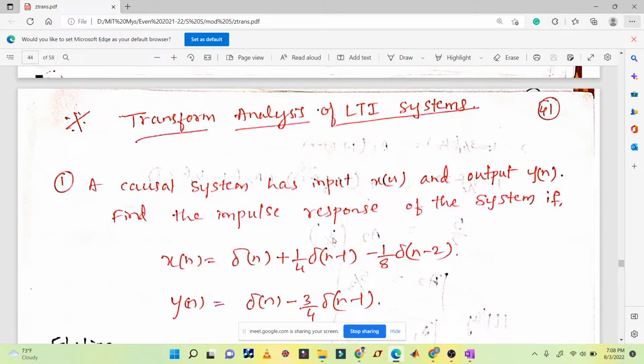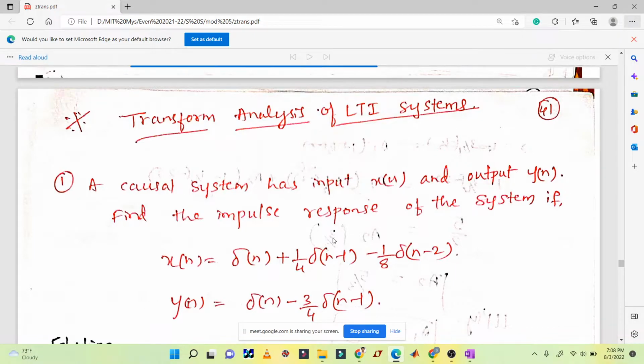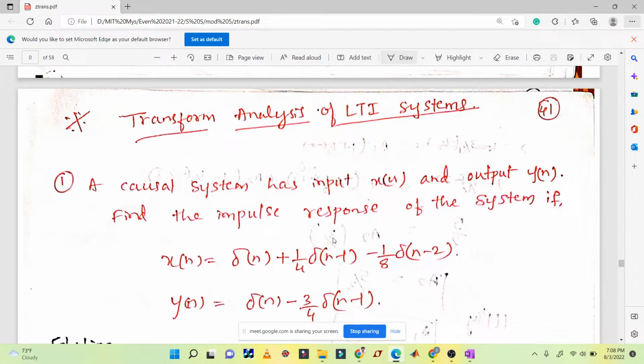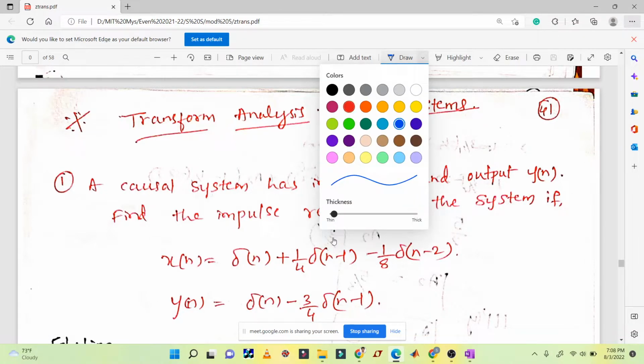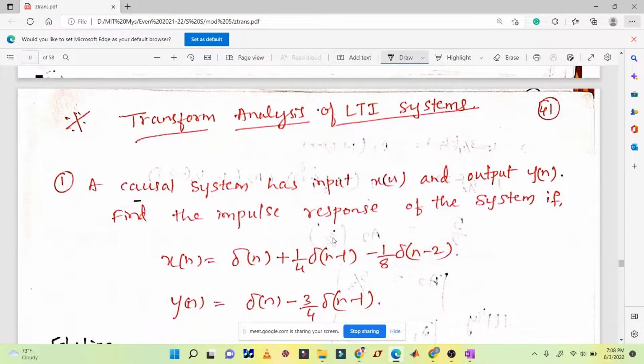Okay, so the very first problem, a causal system. I hope I'm audible to all. A causal system has input x of n and output y of n. Find the impulse response of the system if x of n is given by this equation and y of n is given by this equation. That is, we need to find out what is h of n if the input to the system is this one,